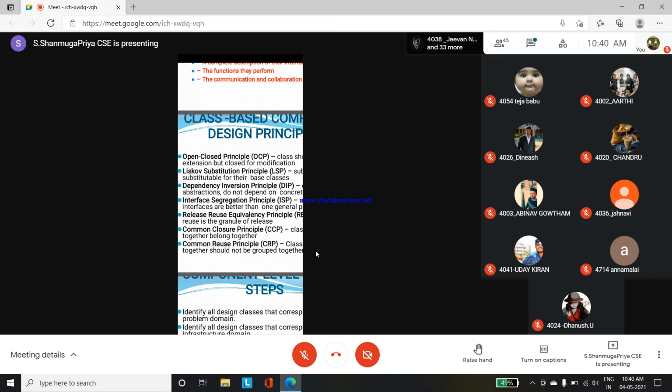First is the open closed principle, dependency inversion principle, Liskov substitution principle, interface segregation principle, release reuse equivalency principle, common closure principle, and common reuse principle. These are some of the principles we have to follow in the class based component.